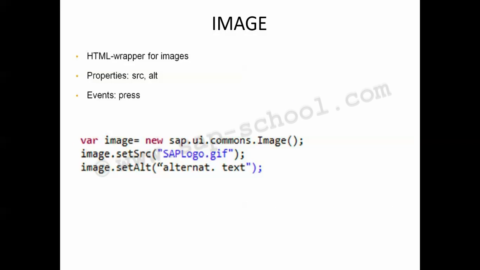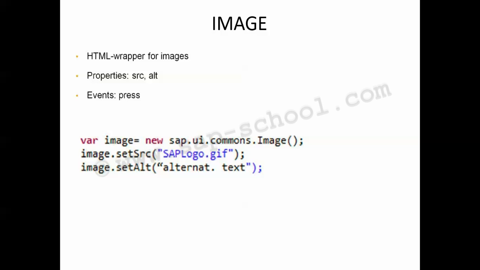After that, we have the image. So the image control is a wrapper around the HTML tag for graphics. So there are two main scenarios for how the image control is used. The first one is as a visually appealing clickable area in the form of an image button, or as a purely decorative element.